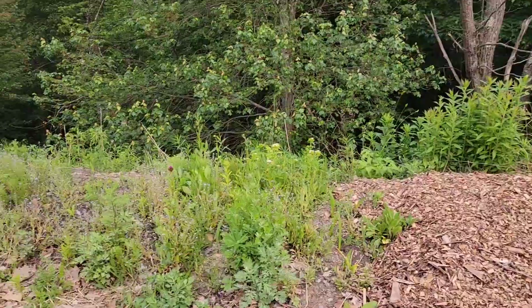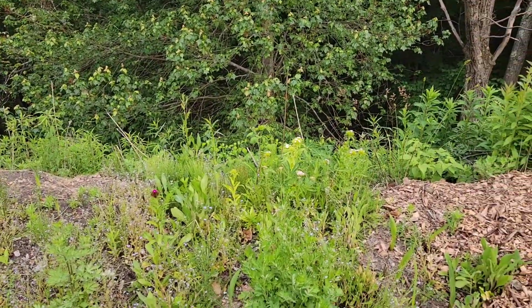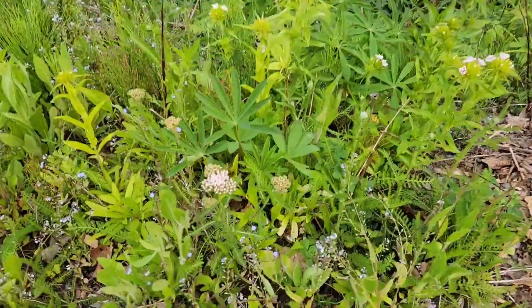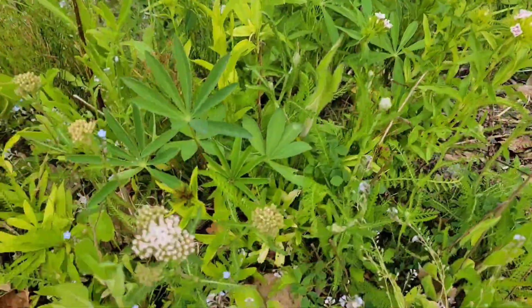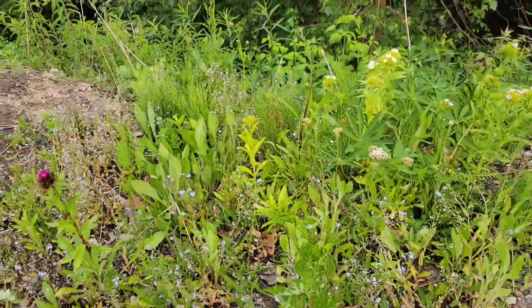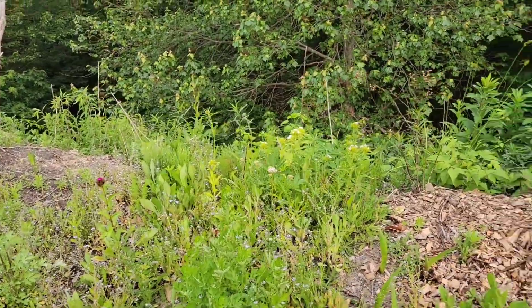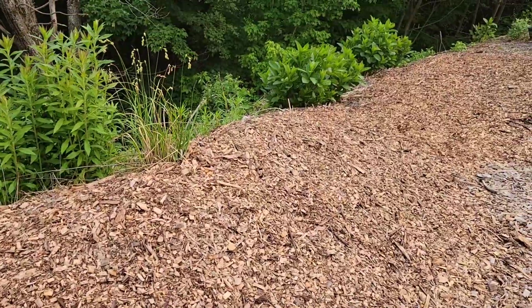Over here, this is kind of the wildflower area. I have Sweet William that I am starting to pick here, and that was yarrow that I just stuck the camera on. So I just picked a bunch of Sweet William for bouquets today. I've got some black-eyed Susans coming up, some glads that I planted in here, and this berm area here,